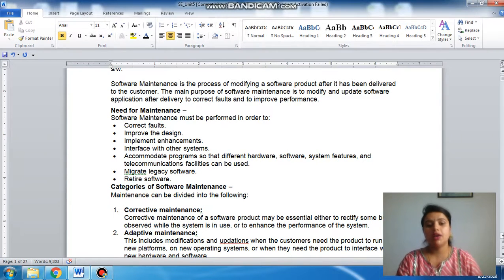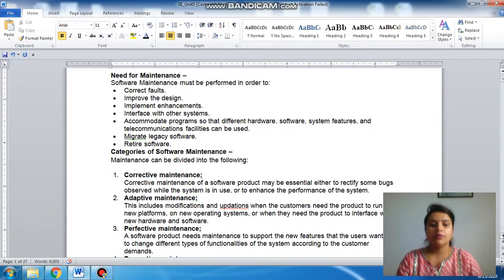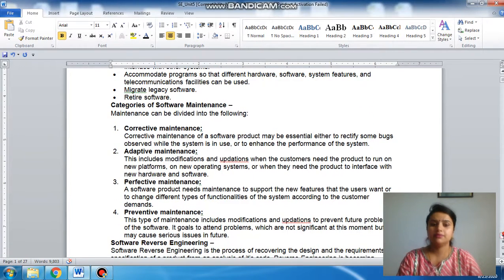Okay. So there are basically 4 categories of maintenance: corrective maintenance, adaptive maintenance, perfective maintenance and preventive maintenance. Let's start from the very first, that is corrective maintenance. As the name specifies, it is to correct the faults or to remove bugs or errors.